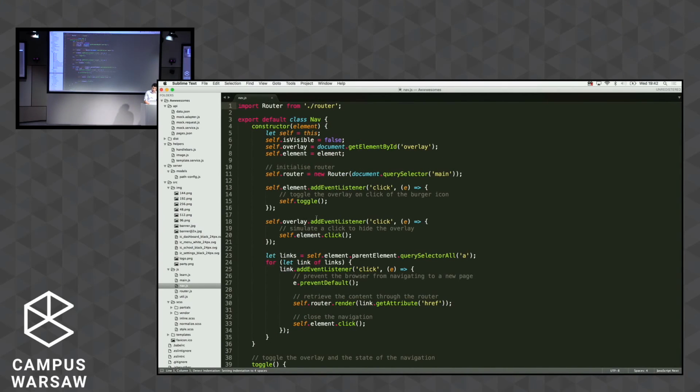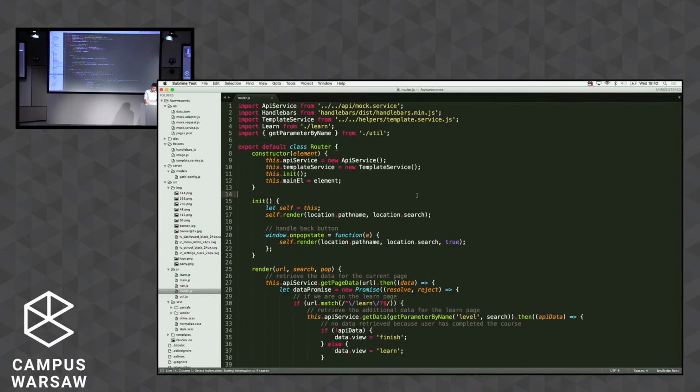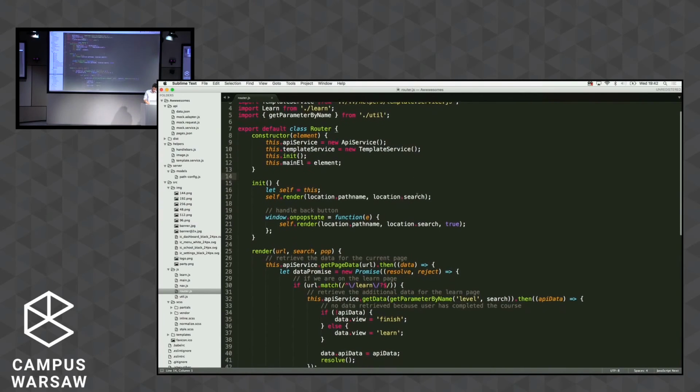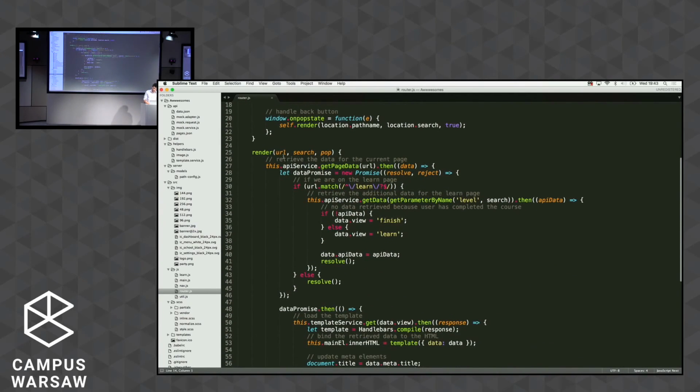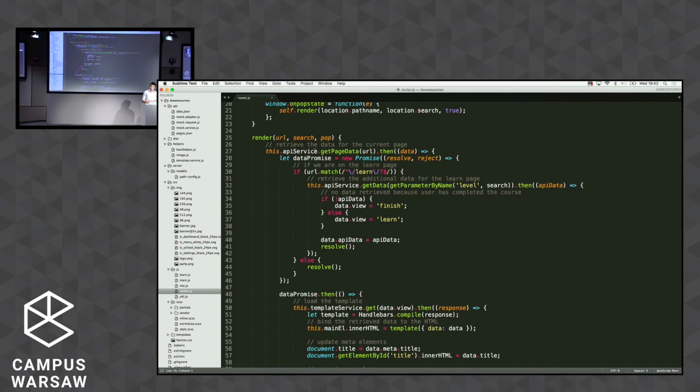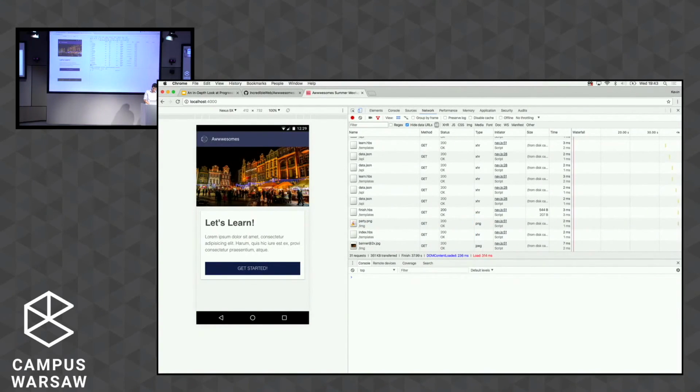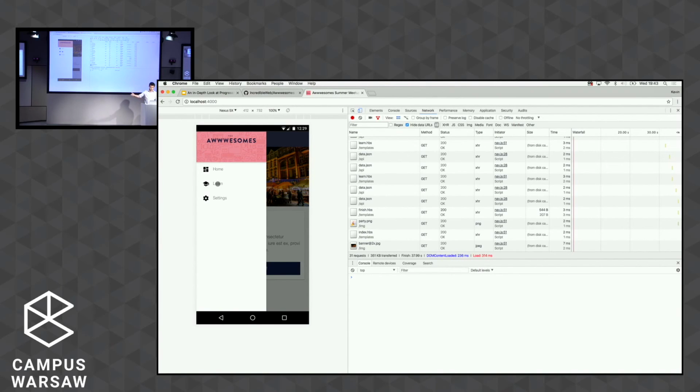So, if we take a look at what we have added, as I mentioned, this is going to be framework agnostic. So ideally, you would be using something a bit better than what we have here, a bit more complex and a bit more featureful, such as React, Angular, or what other JavaScript frameworks are available. And we have set up our own router, and our router is taking care of rendering the pages. So whenever we click here on one of these items, instead of going back to the server and bringing the content, we're going to call our router,